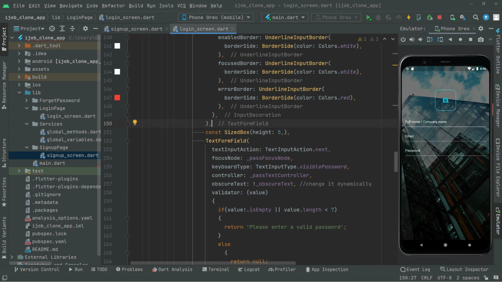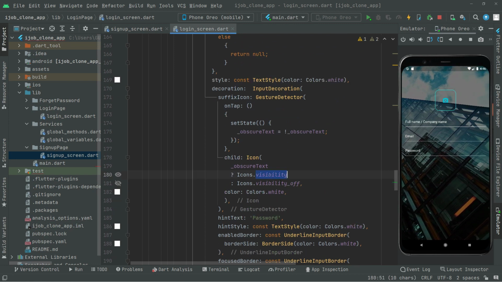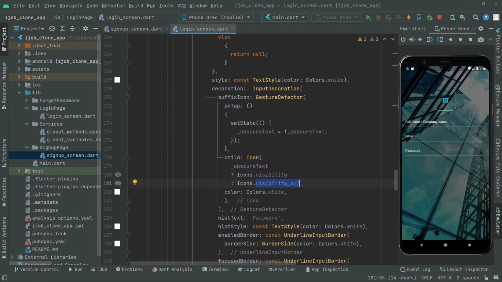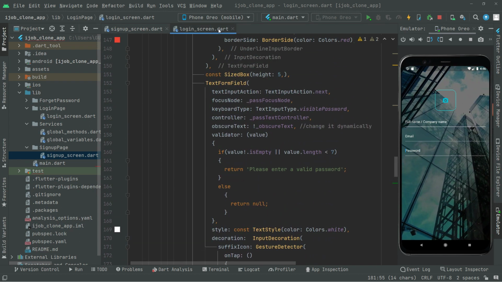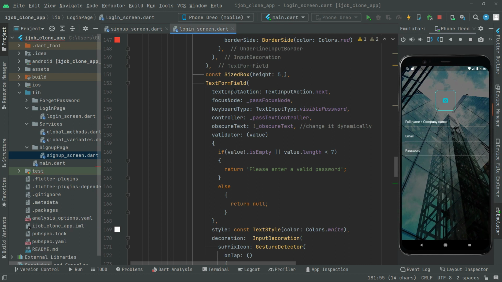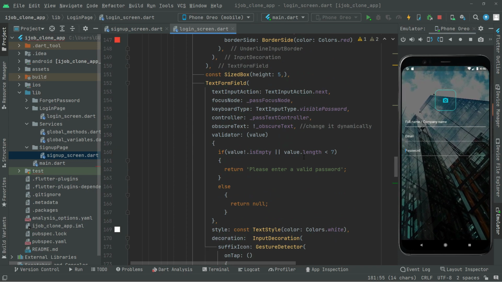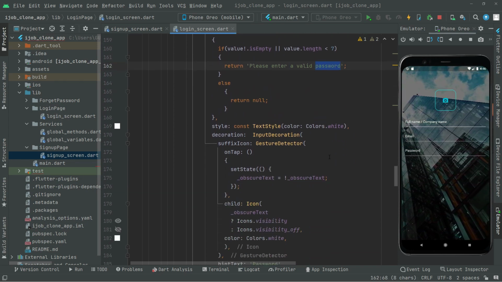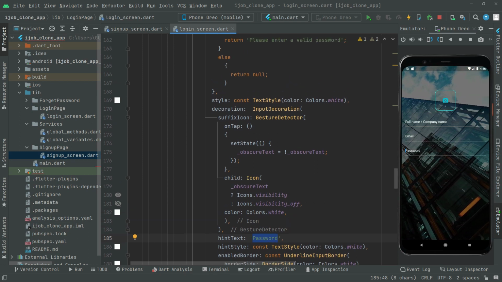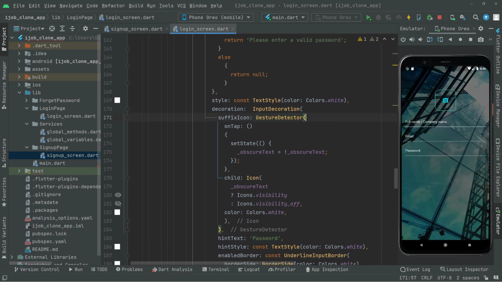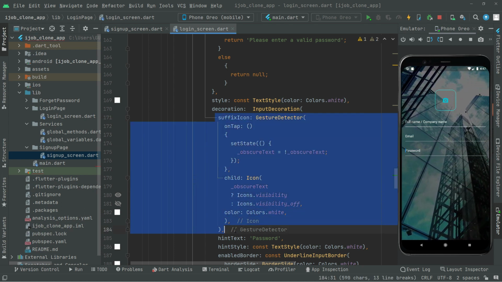So in here, there we go with the visibility and visibility off. So just don't get confused in that. From the login screen we will simply write in the password one, as you guys can see right in here is from login. So in here we will simply copy that gesture detector, from the suffix icon to here. Simply copy that,